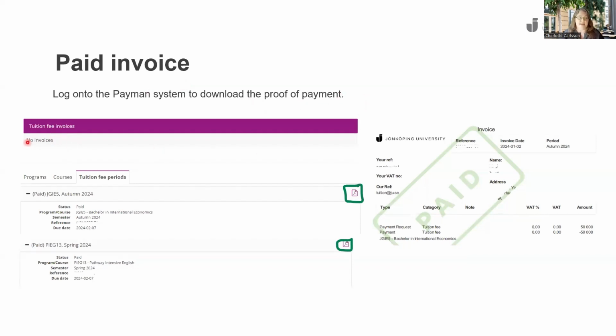Once you've paid, it will say no invoices. And then under tuition fee periods here, you will be able to see your invoices by clicking on the PDF icon. And then you will get the invoice, which now says paid, this big green stamp. So that is what you should upload to your